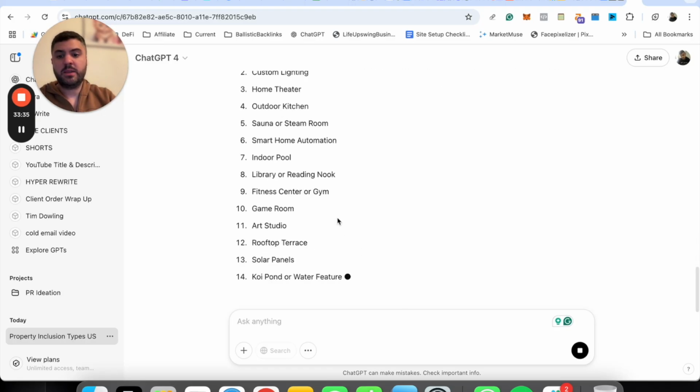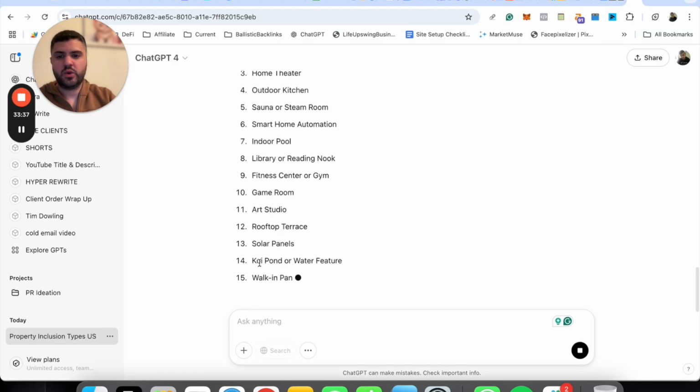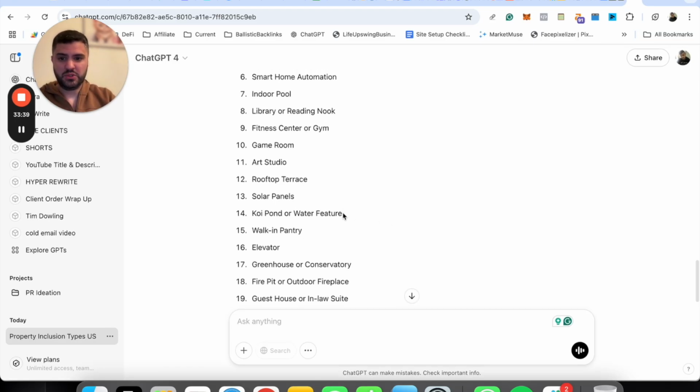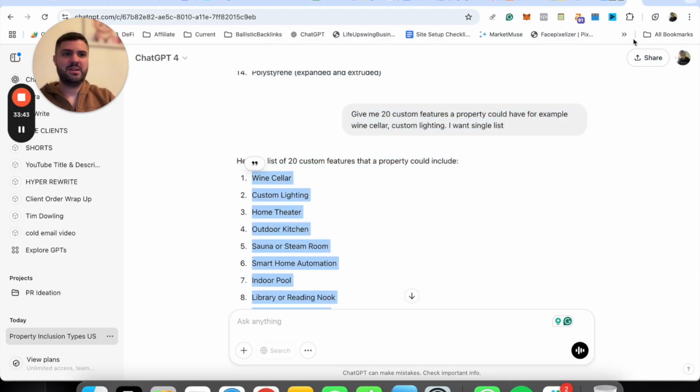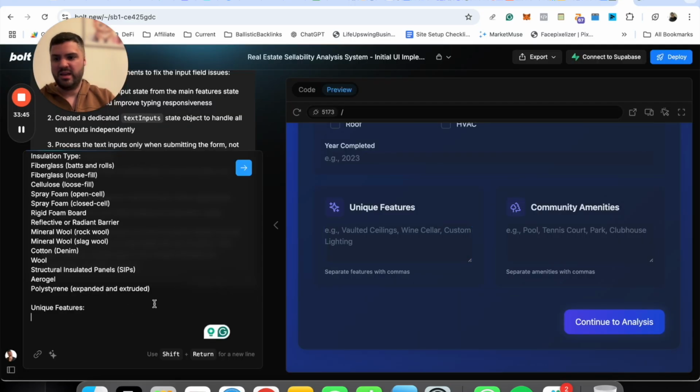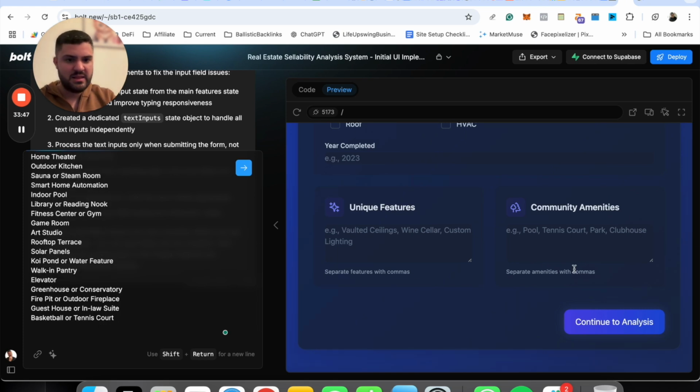Okay, cool. So I mean, you can sort of get a koi pond. Reminds me of when Michael Scott from the US Office fell into the koi pond. So we can add that list of unique features there, and then